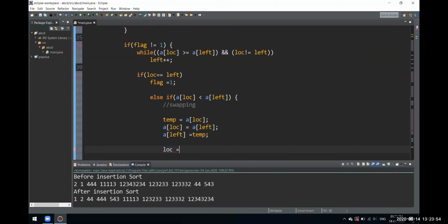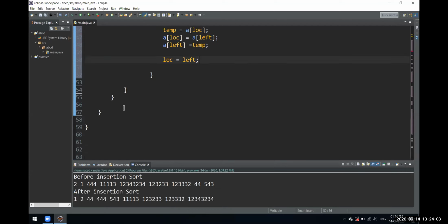Now that's it, this condition is done. After so many if else conditions, we are finally done.